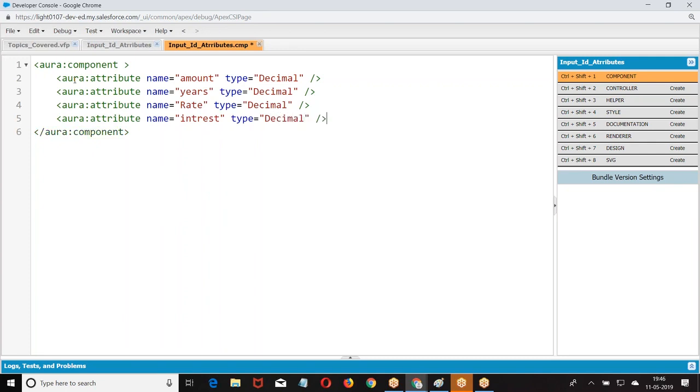This is the data what I have. Now tell me, how will you display the data? With the ID I cannot display the data. Now how will you display it? If you want to display the data on the component, how are you using it? V dot attribute. Using scripting, you can read the value, set the value, okay. But if you want to display the data, how will you display it?